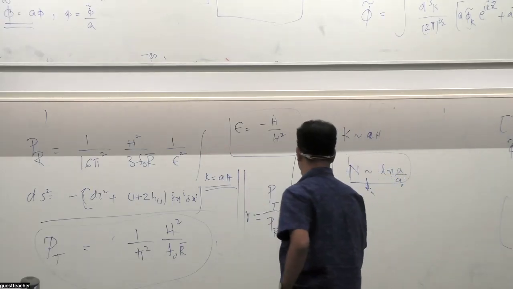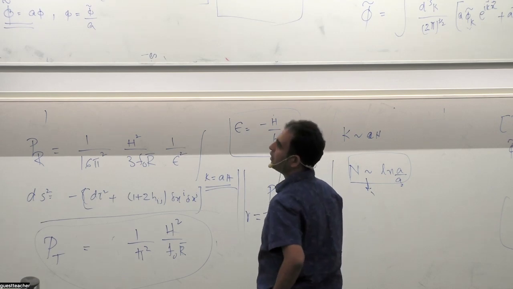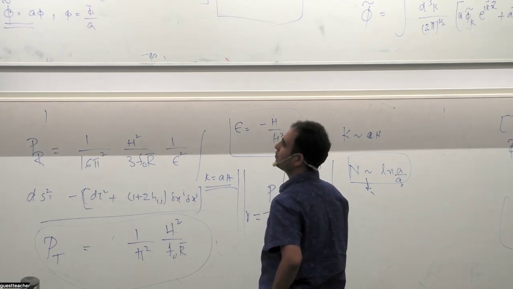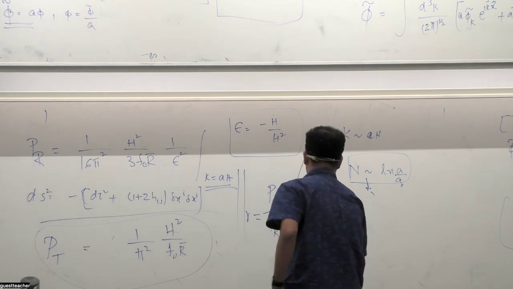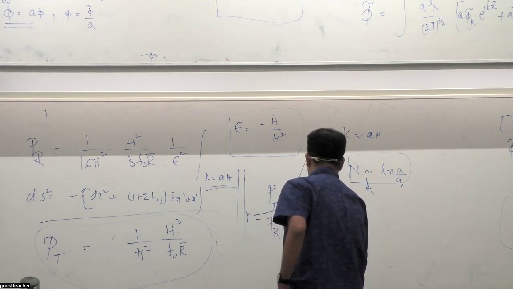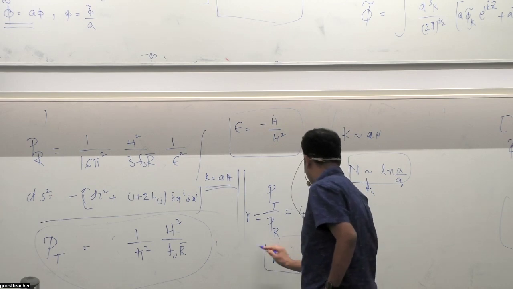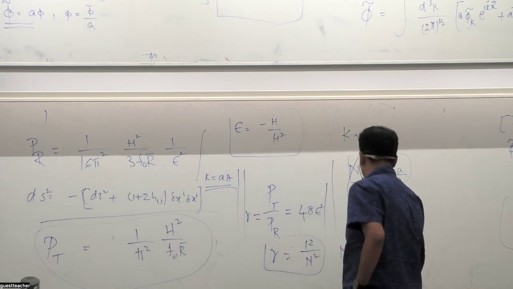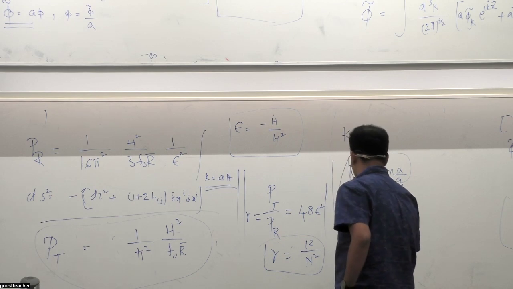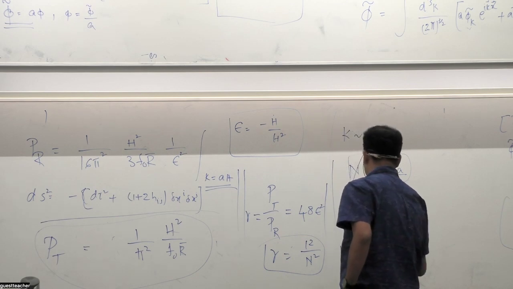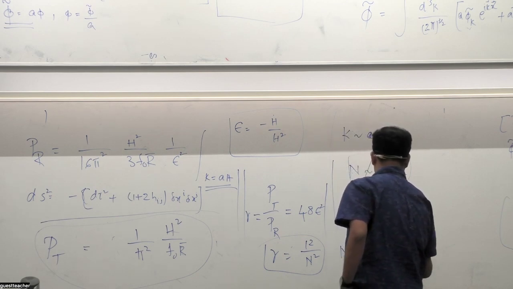This gives you r equals 12 over N squared. This is the prediction of the Starobinsky model, which gives you, for N equal to 60,